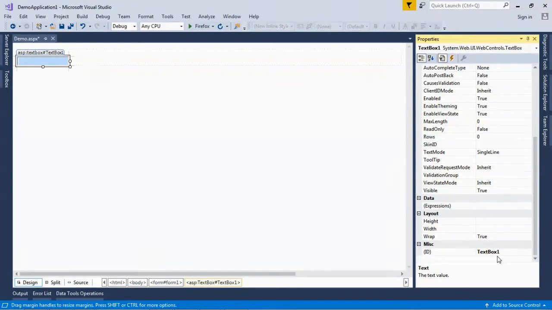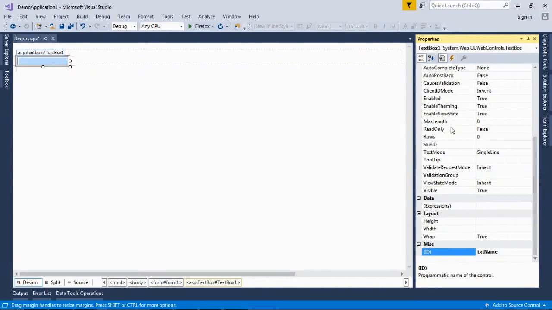I just give a valid ID for this text box. This text box ID is txtName. txt is the prefix for the text box, and Name denotes that the text box is related to the name label, or it is used for the name field.